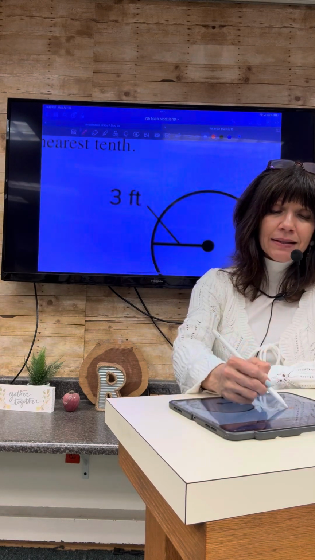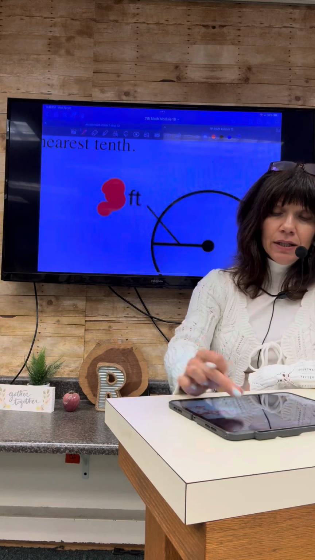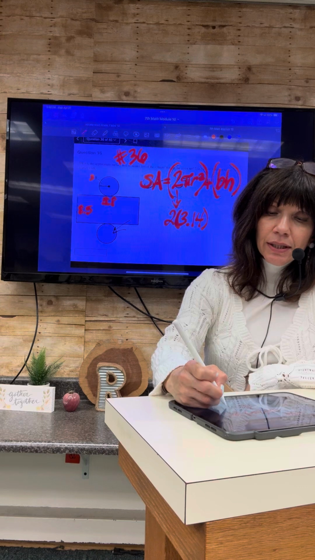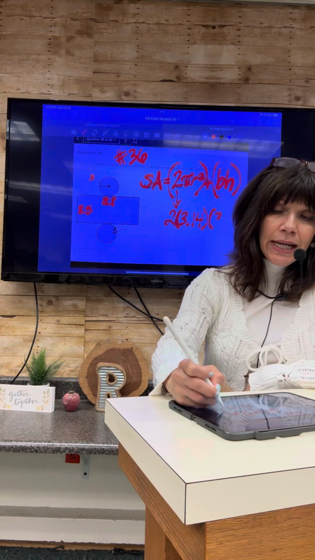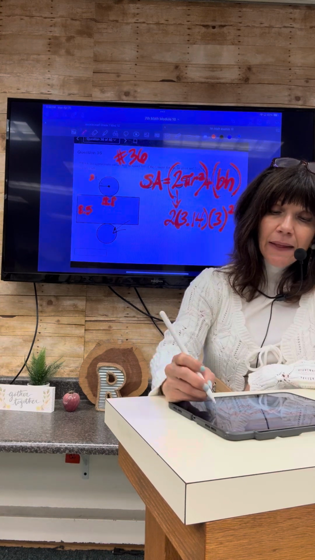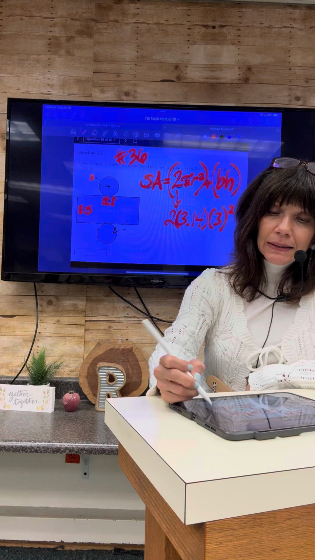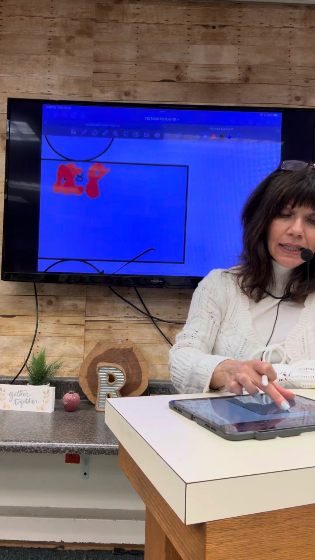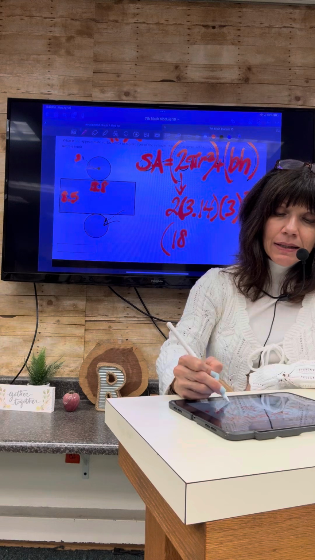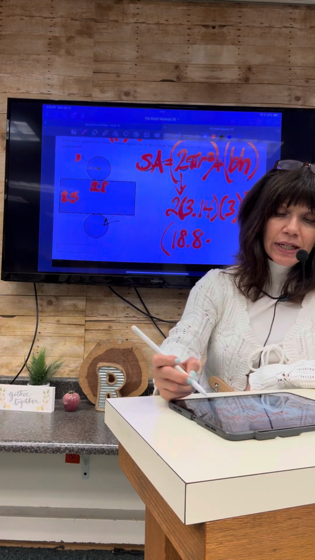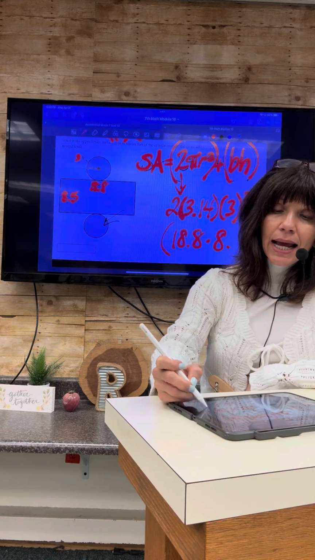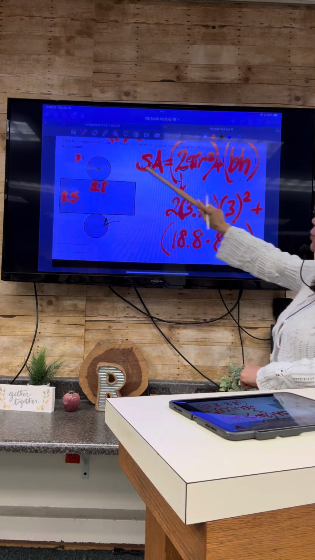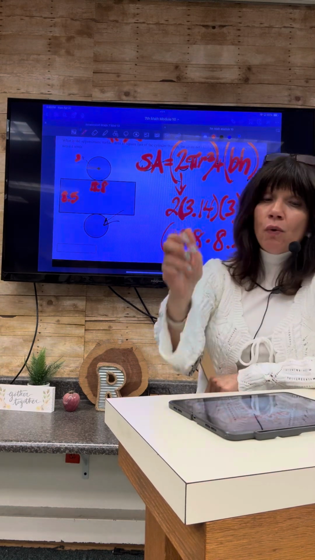Do you see the radius? 3. So then times radius squared. So 3 squared. And then plus, and then your base times height. What is your base? 18.8. And times your height. What is your height? 8.5. If you put all of that in your calculator, it will give you the final amount, but don't forget,